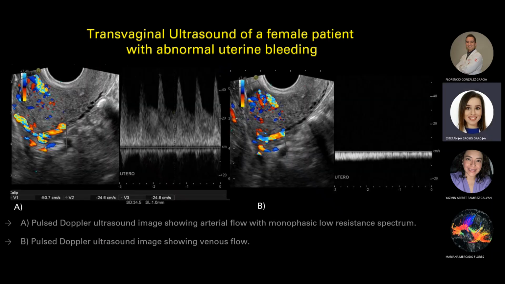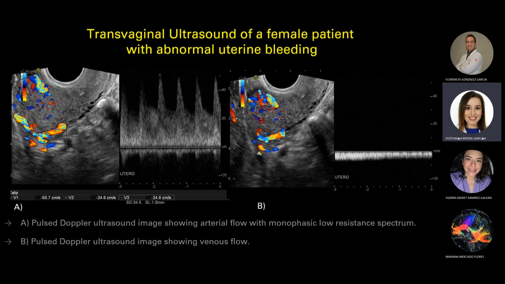Okay. Next, we can see a prominent vessel, which we can explore under pulsed wave Doppler, and we can see that it has arterial flow with a monophasic low resistance spectrum, like this one, and that also has a venous flow in another image. We can see that the uterus is extremely vascularized with arterial and venous flow, and this data